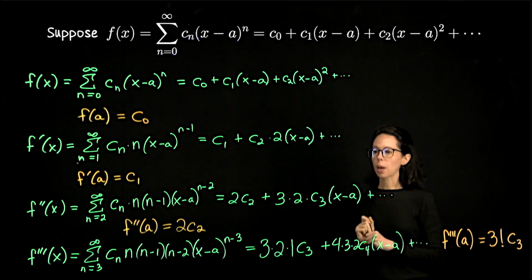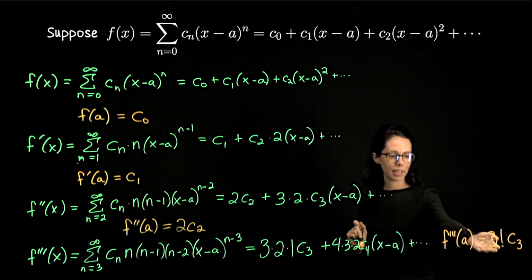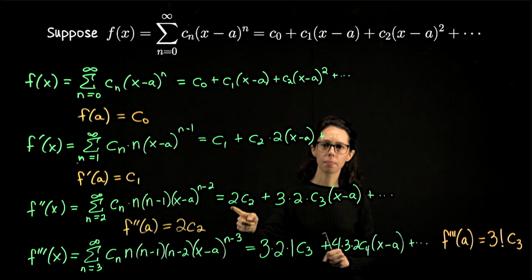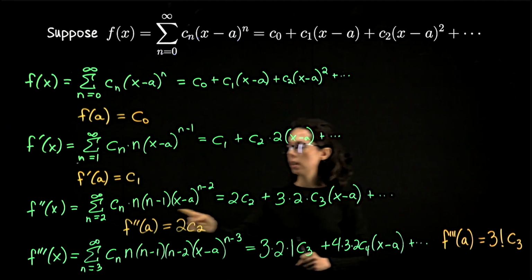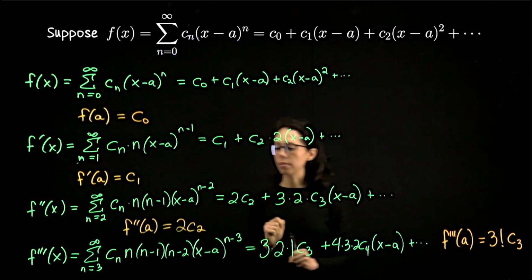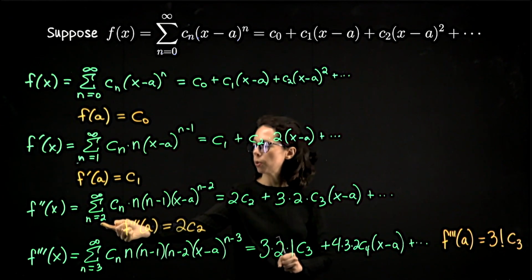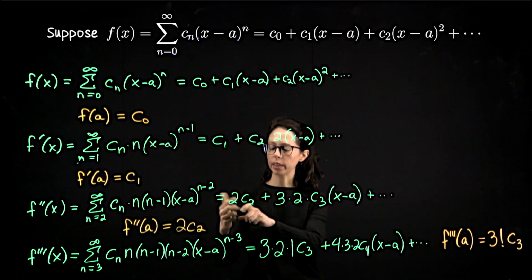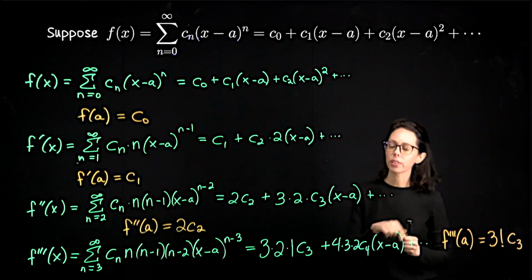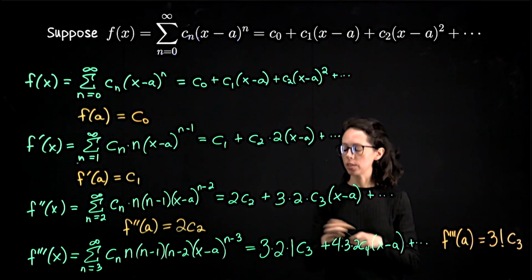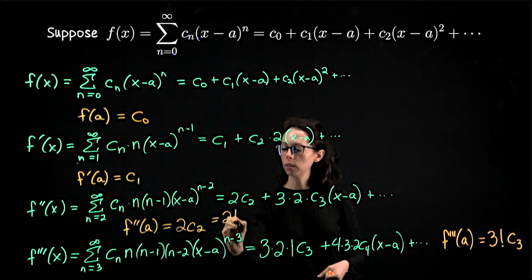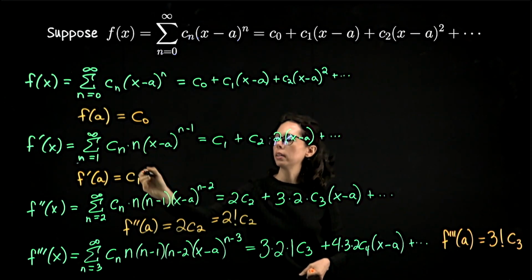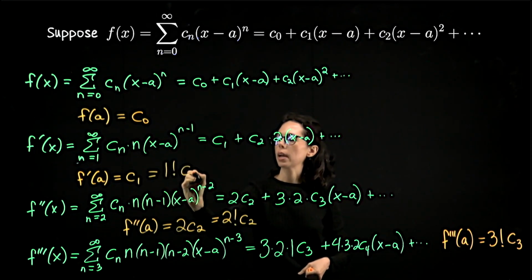Let's revisit the previous computations and see if this is the right type of notation to use for the other derivatives. I wrote 2 here, but actually, for this second derivative computation just on the line above, this first term comes from plugging in n equals 2. And when I do that, I get the c2. I get 2 times 1, really. So if I wrote out every single term there, even the 1, it would be 2 times 1 times c2. So really, this was 2 factorial c2. Similarly, this was just plain old 1. We could think of this as 1 factorial times c1.